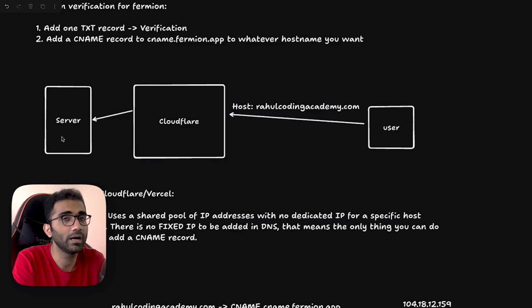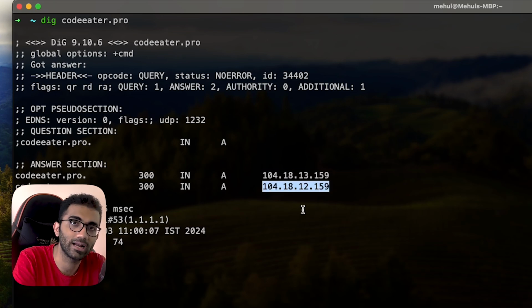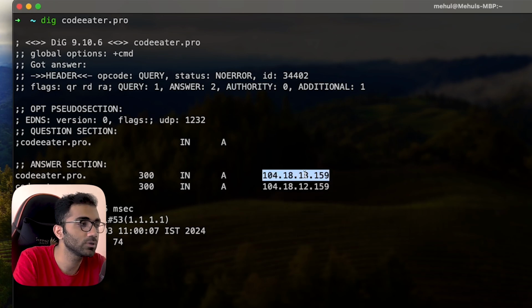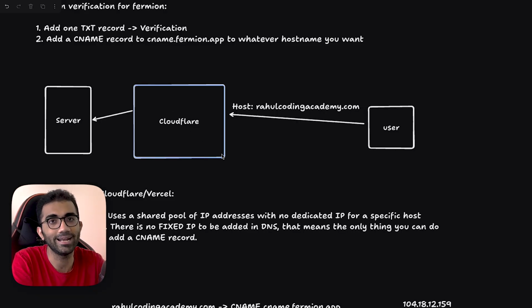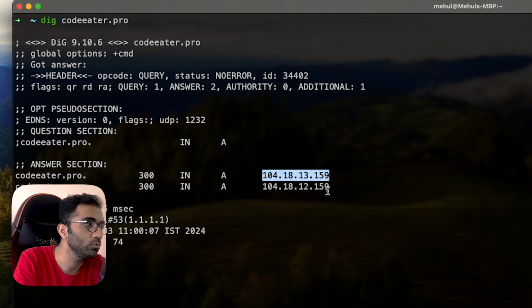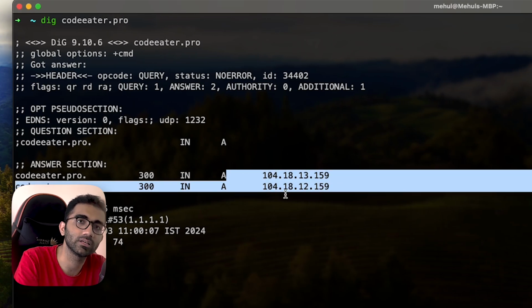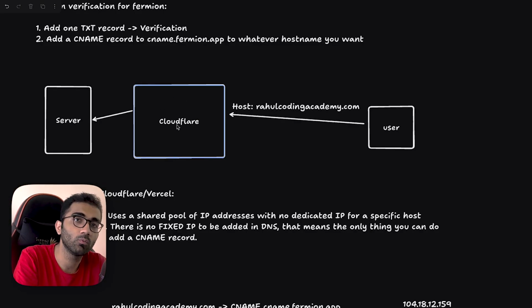Now you might be thinking, hey, why can't you just ask the user to add these two IP addresses directly? Well, that is because you cannot proxy within the Cloudflare infrastructure, you cannot proxy data to their own infrastructure, right? So if you go to the DNS and try to add the same IP address, it won't work. Number two, the problem is that these IP addresses are not fixed. They are rotating. So Cloudflare might remove this IP address from their pool, and in that case, the website would just break. So we don't want that, right?